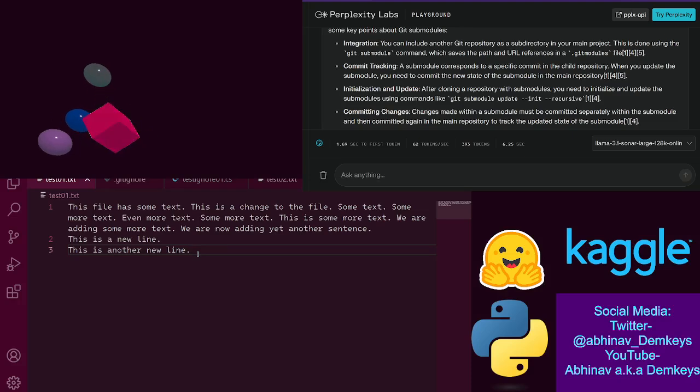Because from this point, from here, you can create a new branch if you want, and you can start making commits from there. You can start making commits to that branch, and then eventually at some point you could merge it into your main branch. I need to see what the specifics are around merging it into the main branch, because I wonder